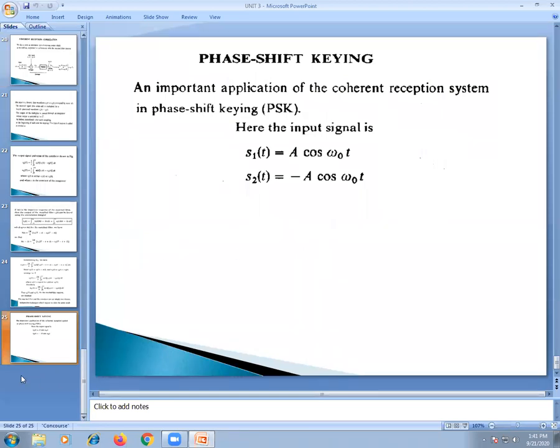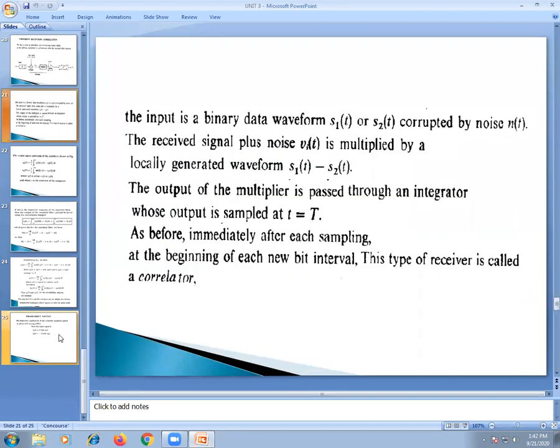Okay. So once again, I told you that in this chapter, third unit, most of the mathematical analysis is involved. So please practice. Without practice, we are unable to present in the examination. Okay. So this is the concept of correlation. So up to now, you have discussed some of the concepts in the third unit.